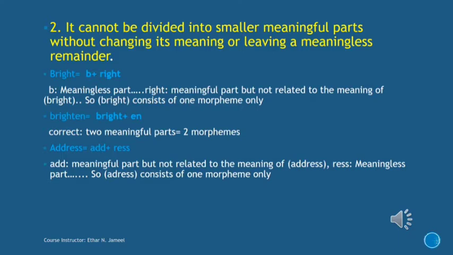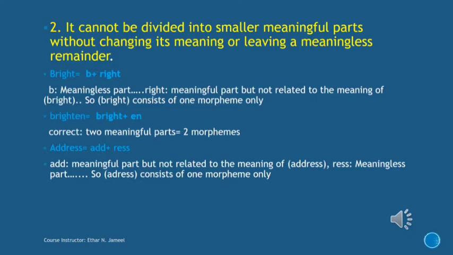Bright means shining. Right means correct. So we have difference in meaning, violation in meaning. The meanings are not related to each other, which means that dividing the word bright into 2 parts is a mistake. And it means that the word bright is 1 morpheme